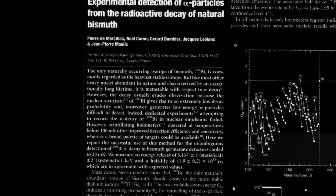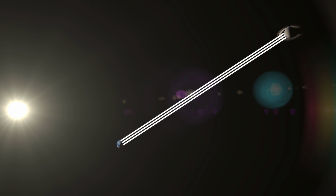Specifically, a half-life of 20 quintillion years. That is a 2 followed by 19 zeros, a number so large that if you were to stack 20 quintillion sheets of paper, you would have enough paper to get to Saturn and back. 3 times. While on the other end of the spectrum, we have hydrogen-5, an absolute abomination of a hydrogen atom